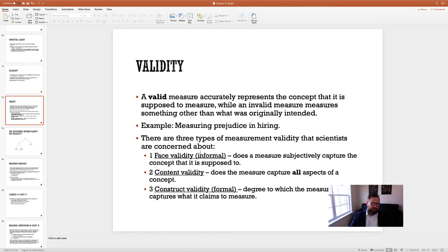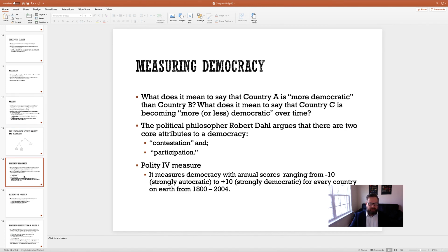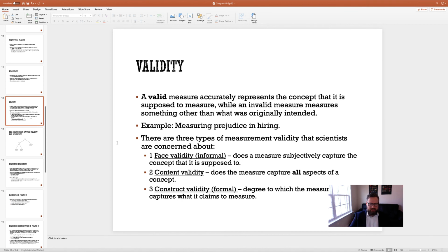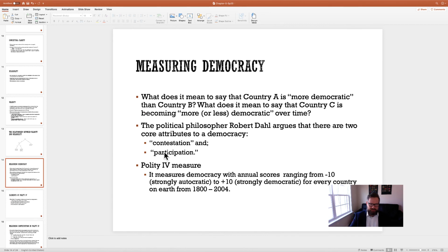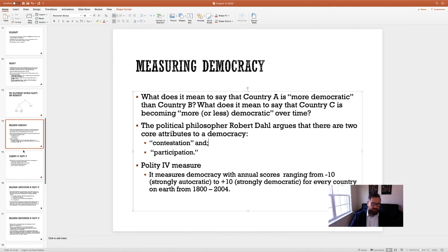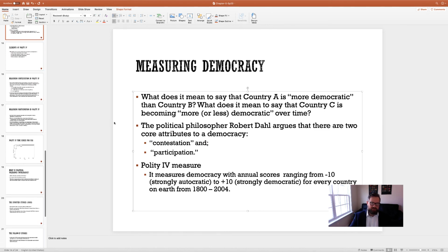And the two examples we gave were the polity measure, which measures democracy. And we said that this polity measure has problems because it lacks content validity. It doesn't capture all the aspects of the concept. It's missing the concept of participation here, right? Although it measures contestation very well. And then we talked about the Stouffer study